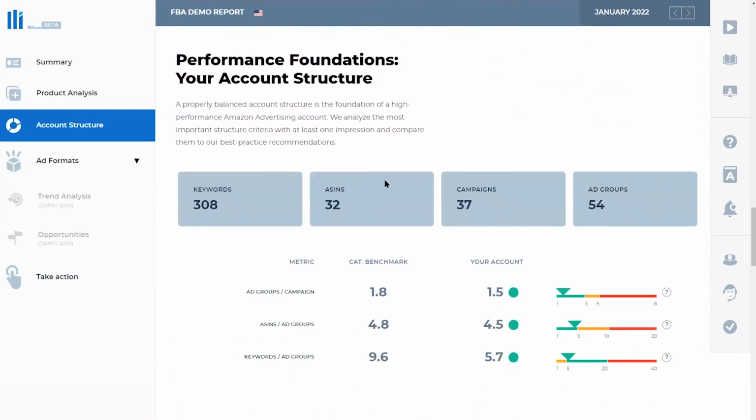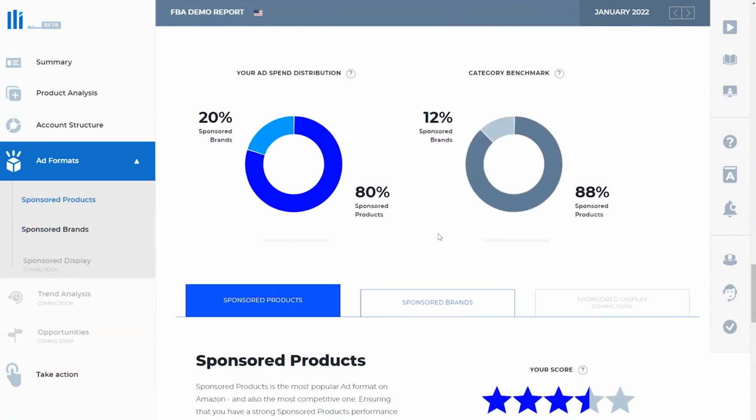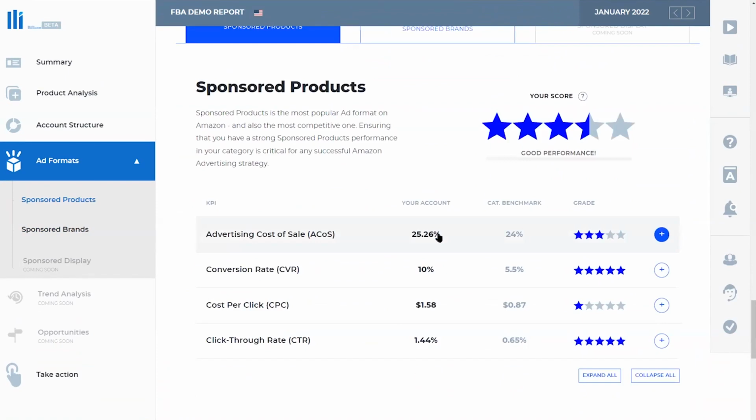Now, if I scroll down, there are plenty of other cool things that you can see here. Unfortunately, in order to cover everything today, I don't want to spend more time on this. Maybe something I can highlight here, for example, is that at the end, you also get your score, right? How was your overall performance? And as you can see here, for example, your account had a conversion rate in total of 10% in January. And this was way above the category benchmark. So you were doing a really good job when it comes to conversion rate. You had a better conversion rate than the average seller in that category and in that month in the marketplace.